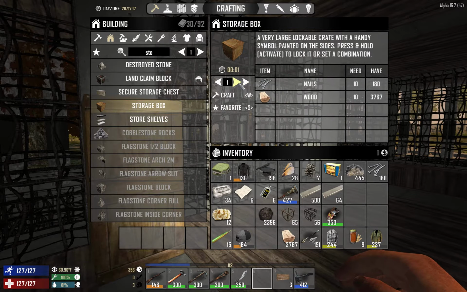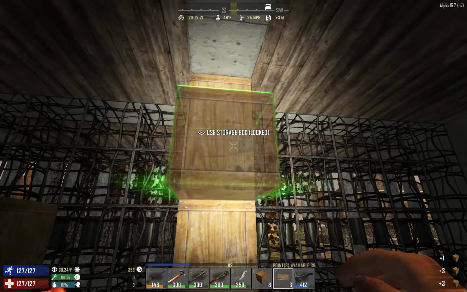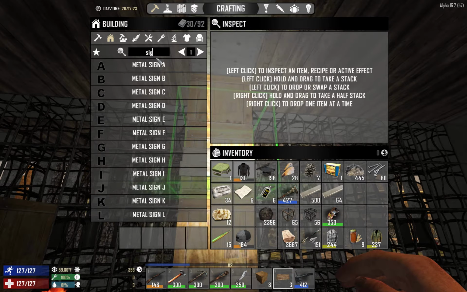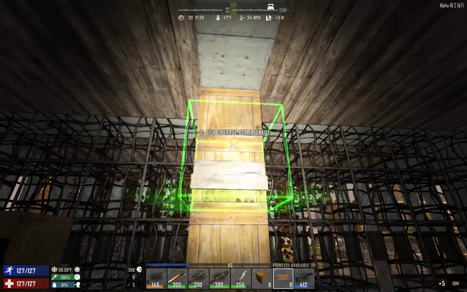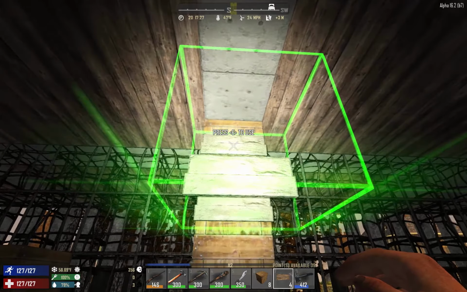Storage box. I'm gonna grab a few more of these. Okay, and then signs. Let's get a few more of these. So signs, I want sign, sign, sign, sign. So up here,